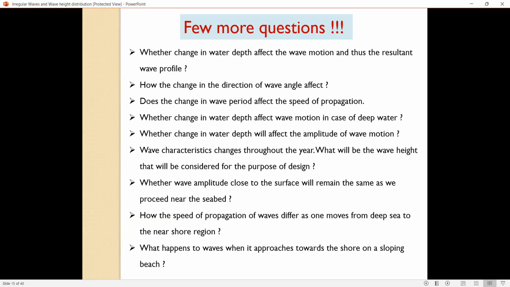And all those papers were in Communications on Pure and Applied Mathematics, Mathematical Proceedings of the Cambridge Philosophical Society. JFM came much later in those days. So before that, all these top class journals were publishing. And then how to solve the problem? Analytical solutions using Bessel functions, complex function theory, many theories, even asymptotic theories, many such things were used to solve some of the classical problems.